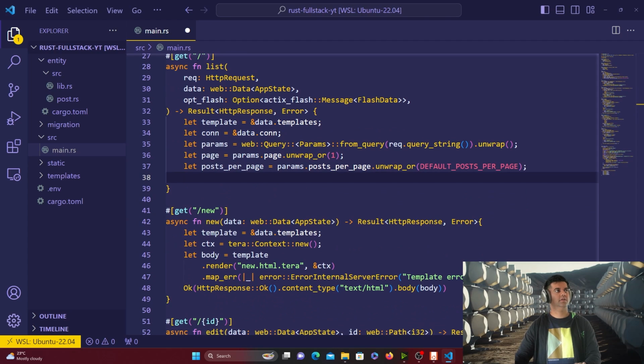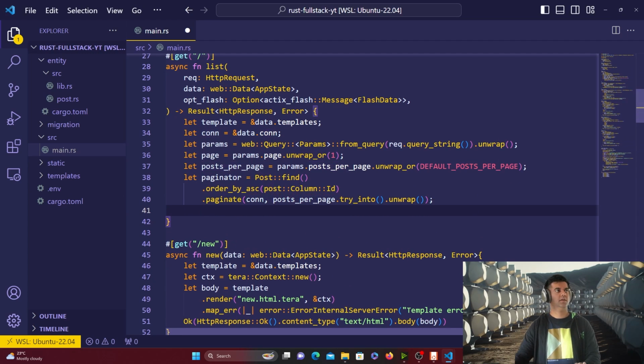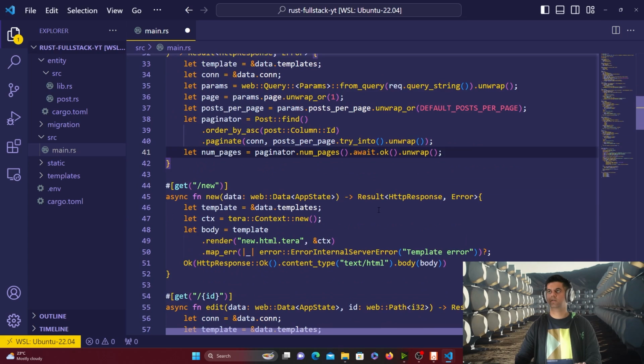Then you'll create your paginator now, because you now have the connection string and the posts per page. So we'll create our paginator, and we'll define how many pages there will be with the help of the paginator. So we'll get paginator.numPages,